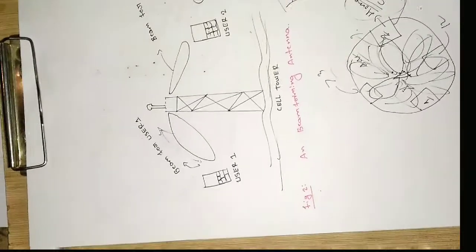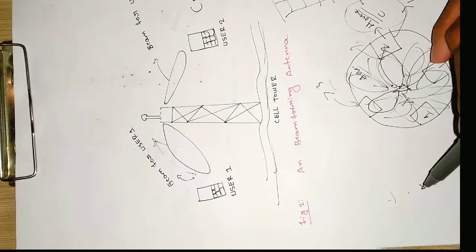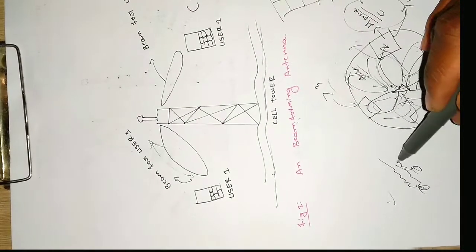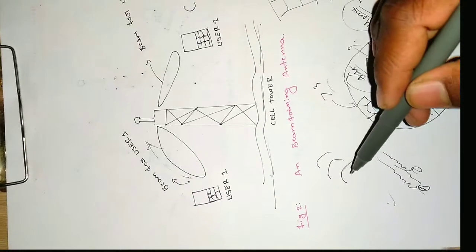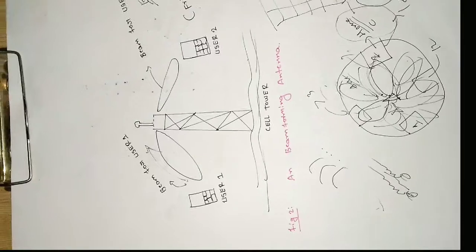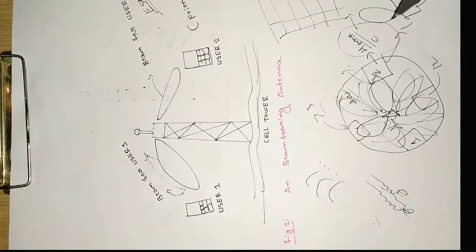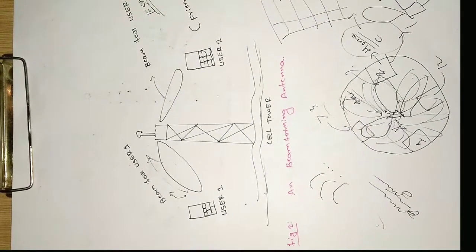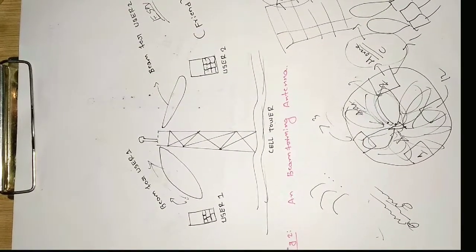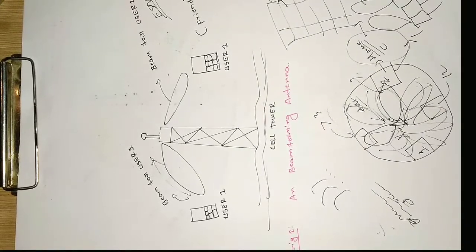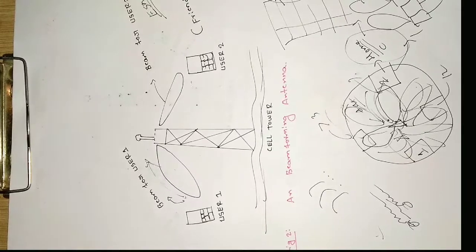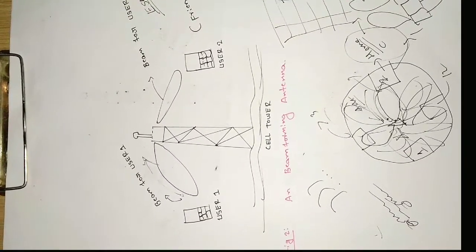So it will be something like, assume that water is there and you drop a stone there, so waves will be produced. And if you drop another stone here, so at some moments the waves will be constructive, and at some moments the waves will be destructive. So that same phenomenon occurs here. So at some moments, due to the same phase, the waves will get added, and the energy of the output signal will increase, and at some other positions or angles, the energy of the output signal, so if this is the first beam and this is the second beam, the energy of the output signal will be less, because here destruction has happened, that is, the two waves get subtracted.